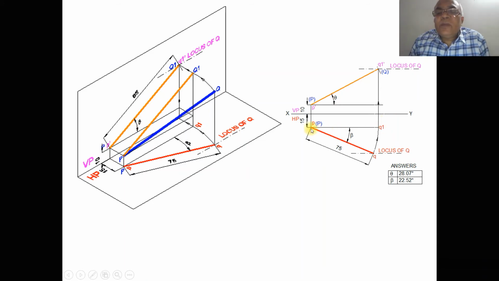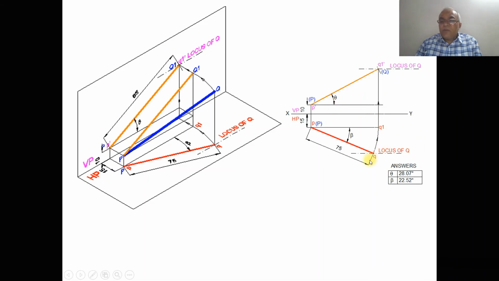So how are we doing that? With P as center, you measure the distance of 75. You mark this point PQ1, which is made parallel to VP. The top view line is made parallel, so its corresponding front view is going to be in true length. So you apply that concept, and then draw a vertical projector from Q1 to the front view with P dash as center. Take the radius of 85 and cut an arc on this. So you're going to get this Q1 dash, and then draw a locus of Q. So this is going to be the capital Q, and this is going to be the small p, capital P here, and this is P dash. So this is how you will be able to find the true length in the front view, and this is going to be the inclination theta.